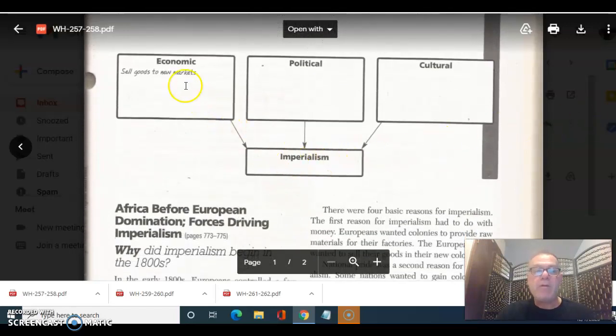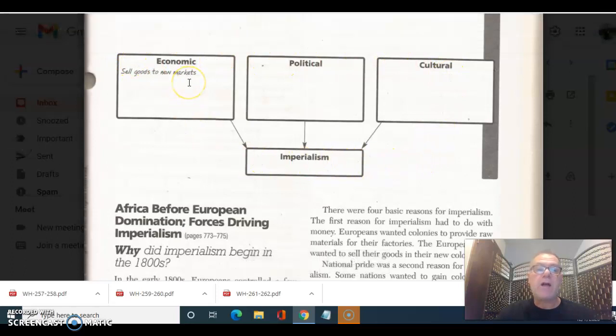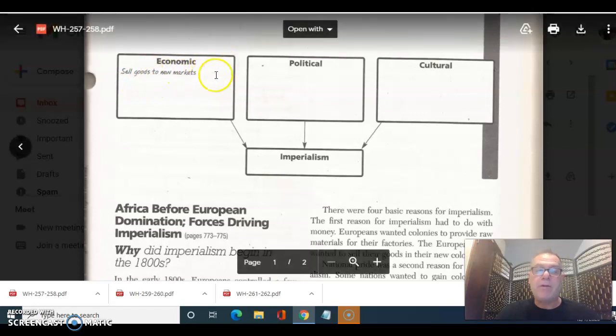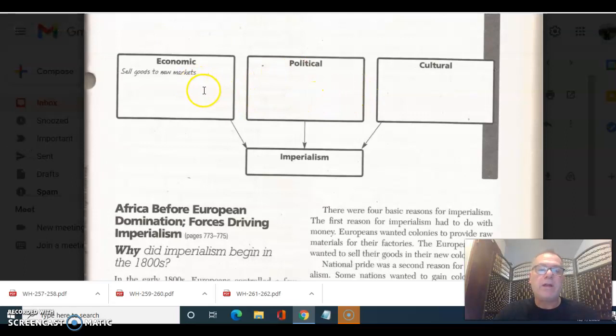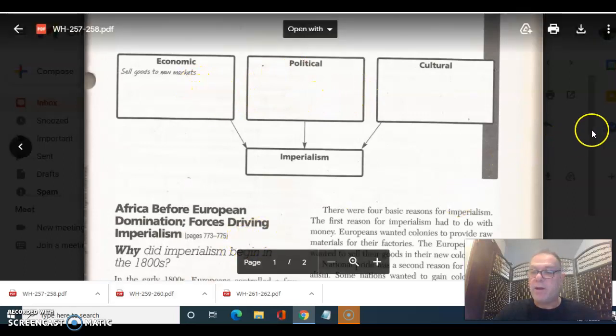The part that we're going to go over today is this part right here. And you need to fill this out. Now, you can fill this out with DocHub. You can just make an outline, do it on a Google document, and just put economic. You can make your own chart or list the chart and answer the questions. There are comprehension questions,